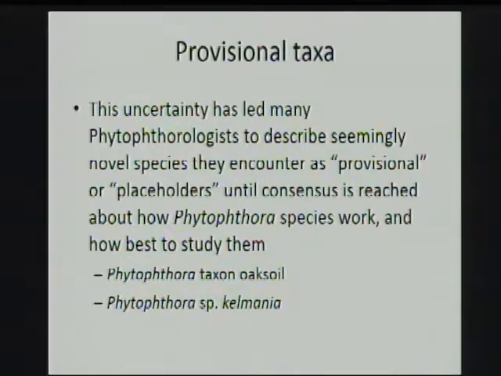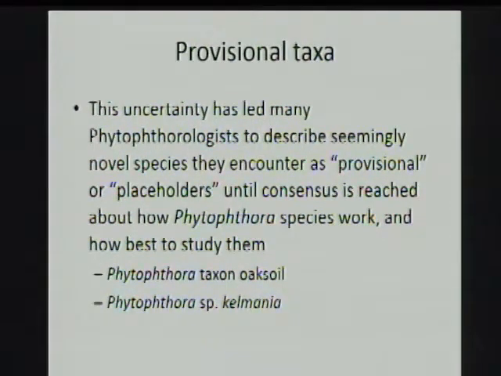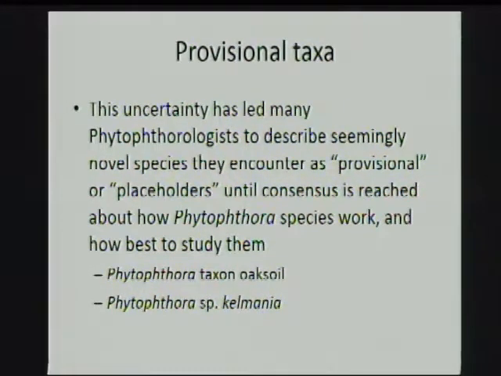So phytophthorologists have come up with this sort of provisional system. We don't know if these species are real, for various reasons, but we want everyone to know about them. So we've given these sort of placeholder names, which is certainly annoying if your job is to make lots of lists, because it gives things multiple names. But at the same time, it allows us to fudge not going out and actually measuring these real species, and delivering all this new diversity that we're seeing, so we can start talking about it, both scientist to scientist and scientist to other folks.